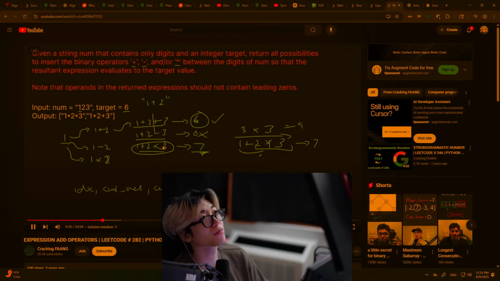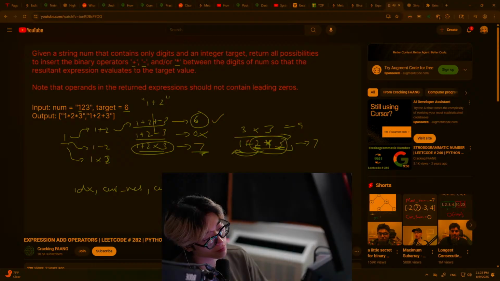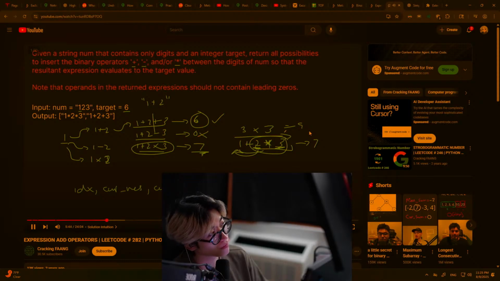Addition that we did before, and then we would multiply our current number times the previous number to get that result, and then we'll add back the value that we had added previously. And this is only in the case of multiplication. If it was just addition and subtraction, this problem would be a lot easier, but unfortunately we have to essentially keep track of